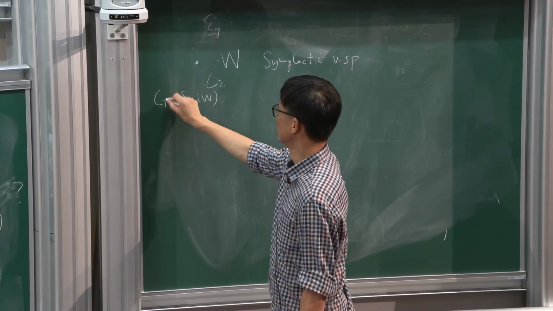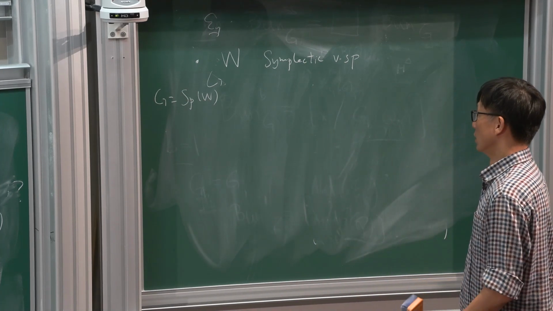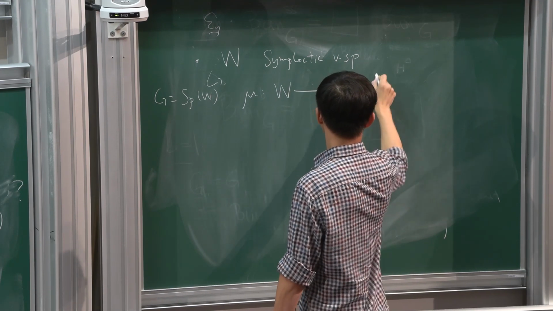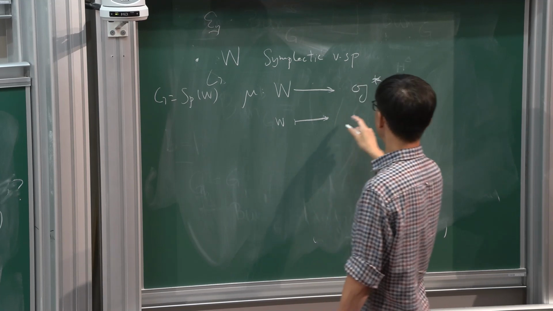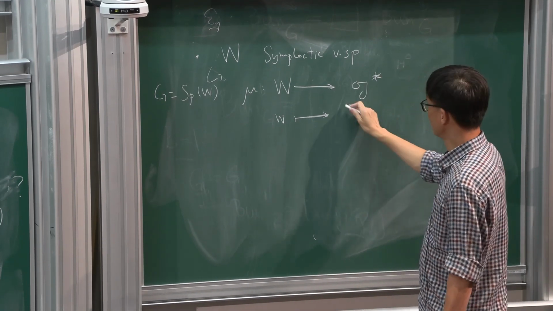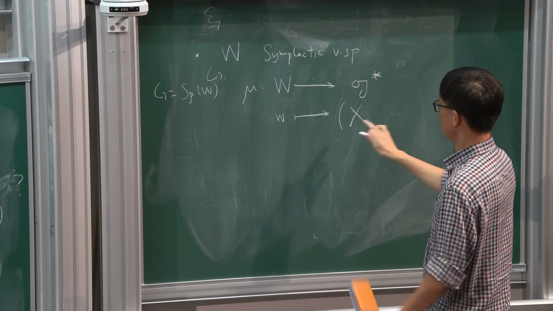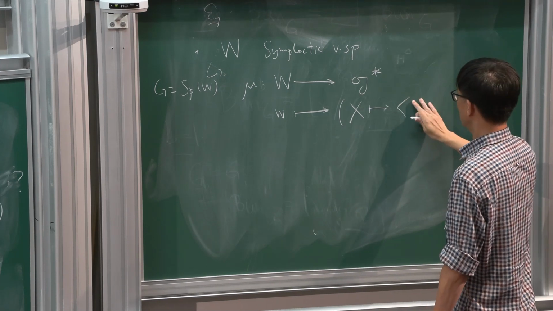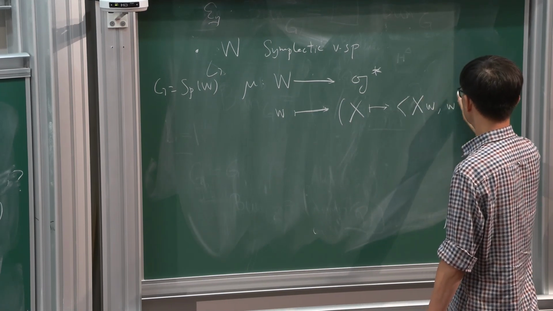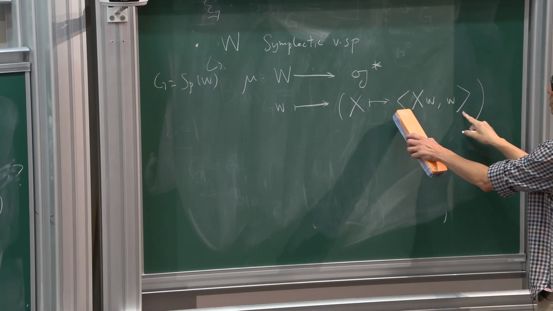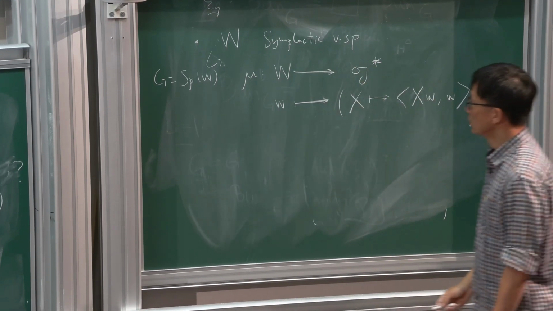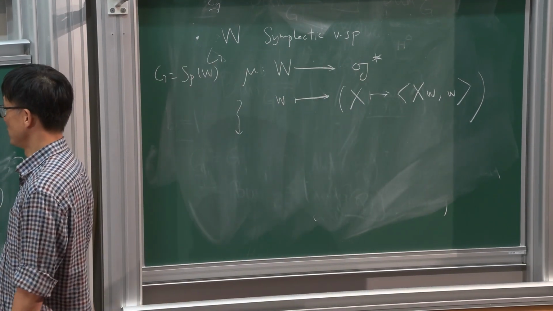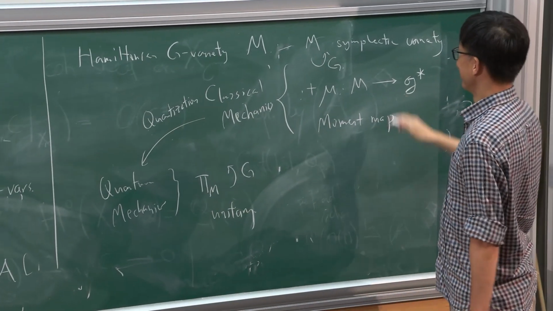It has an action of a group G, which is the symplectic group, and it has a moment map. If you give me a vector w, I have to produce a linear function on the Lie algebra, which means if you give me an element X in the Lie algebra, using these two symbols, I have to produce a number. Okay, this is the symplectic form on W. What is the quantization of this? I should say one way of quantizing is the following. The standard way of quantizing is that you take a